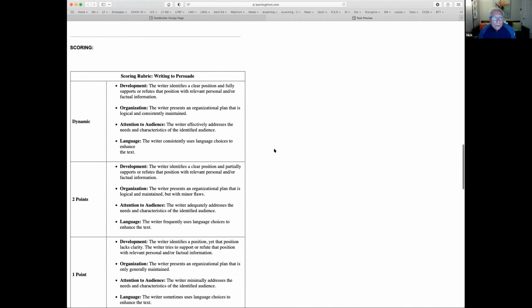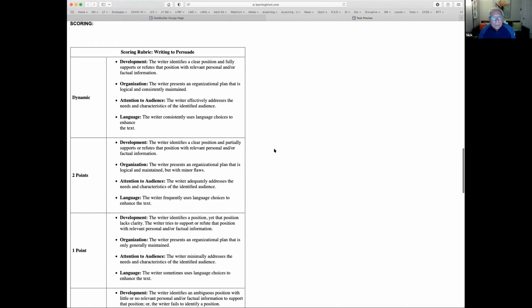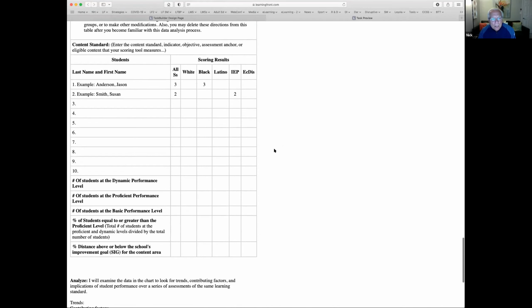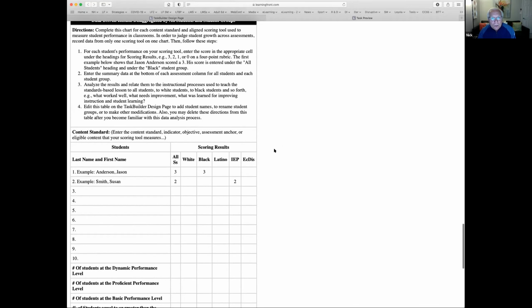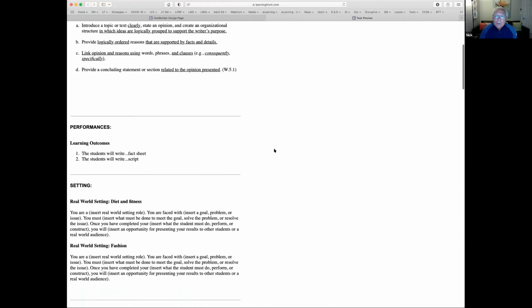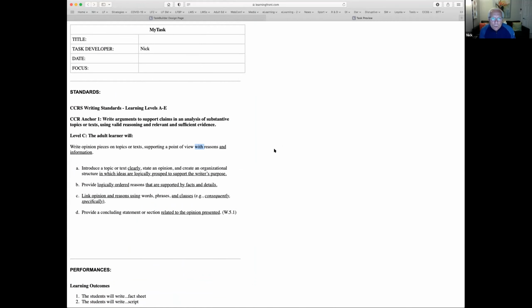The scoring tool would be the same for whatever type of lesson that you would use, and the results section would be the same. I'm not saying in this process to do this every day. What we've seen work over time for improvement is to do this maybe once every 2 weeks with a lesson on a particular standard, just reteach the standard